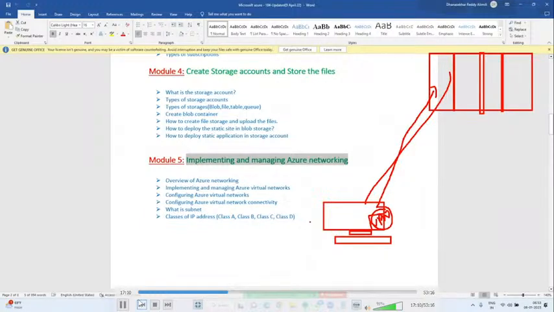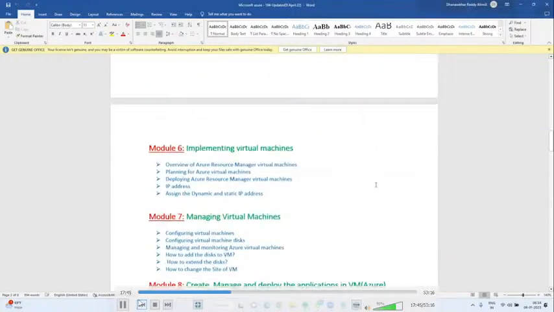So how can we create our own VPN, a virtual private network? How can we host those services within the private network and access them within the network? That all we will see in the networking topic. What is a virtual network? What is a subnet? How can you enable the rules? Ports, and how to associate these ports with a particular network. That all we will see in the networking topic. That is module 5.